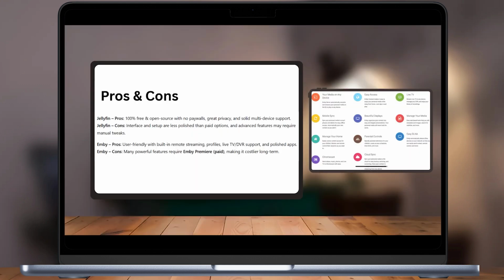Now let's talk about the pros and cons. On the positive side, Jellyfin is 100% free and open source with no paywalls, offers strong privacy, and provides solid multi-device support. On the negative side, its interface and setup are less polished than paid options, and some advanced features